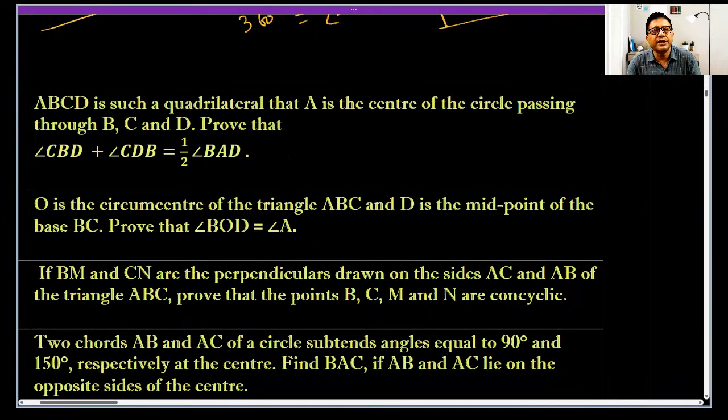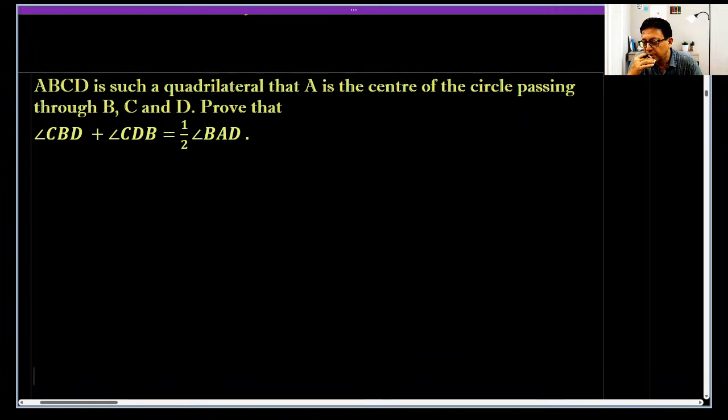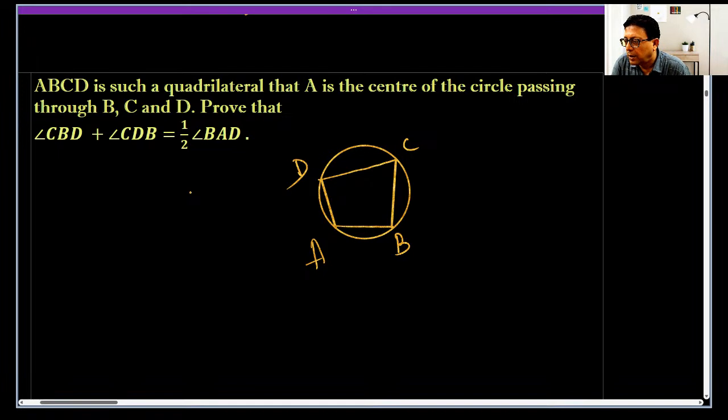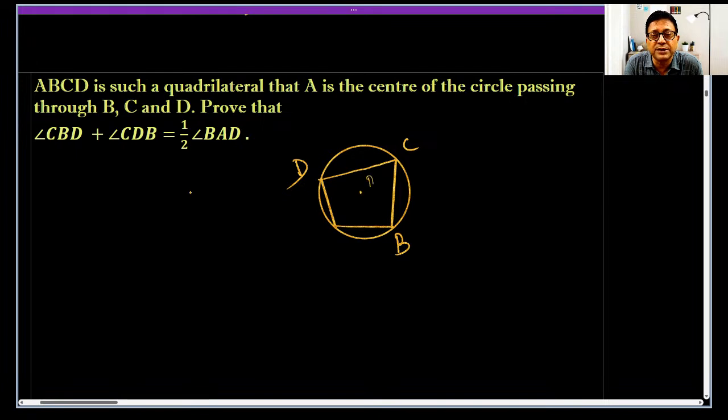ABCD is such a cyclic quadrilateral that A is the center of the circle passing through B, C, D. Prove that CBD, this cyclic quadrilateral problem, let us solve. Cyclic quadrilateral ABCD, A is the center of the circle passing through BCD. Other points they have not given. A is the center. Then you have to prove that CBD